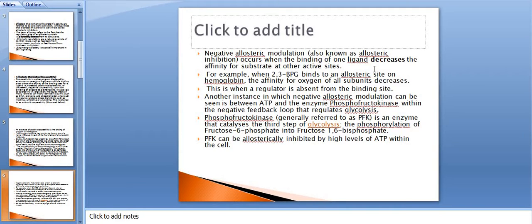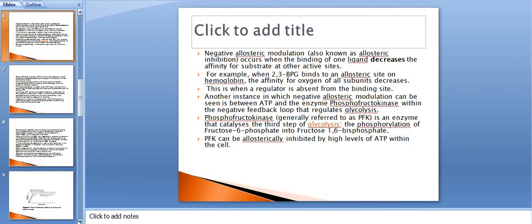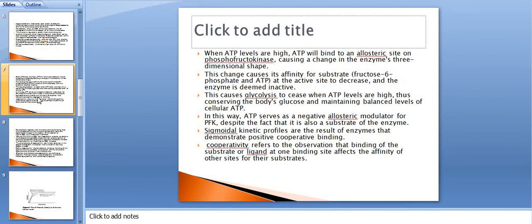Okay, phosphofructokinase can be allosterically inhibited by high levels of ATP within the cell. Next, when ATP levels are high, ATP will bind to an allosteric site